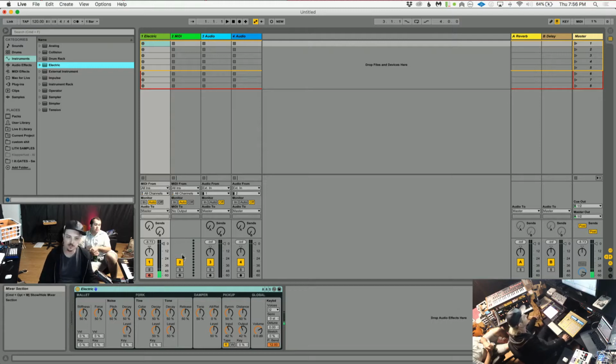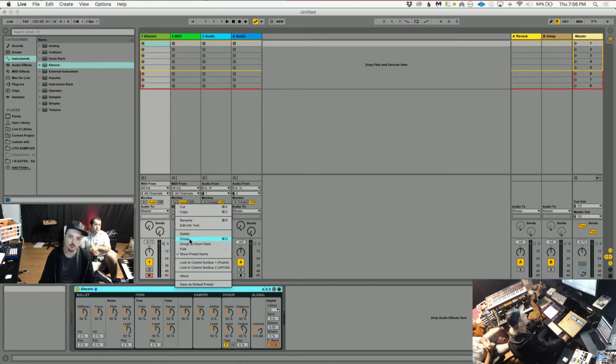Very, very straightforward. And if you want to put it into a rack, you can right click and go group. Okay, so racks, before you had the parallel chains and everything, they were called groups. So that's why the command to put them into rack is called group. So you can either hit Command G, and